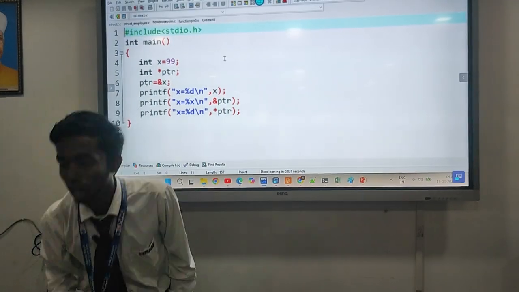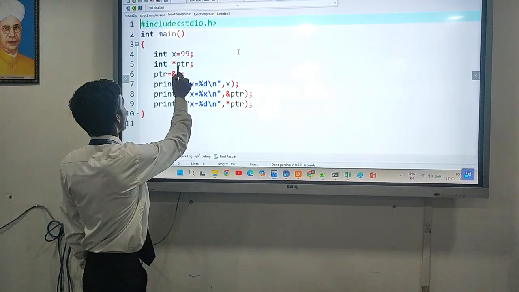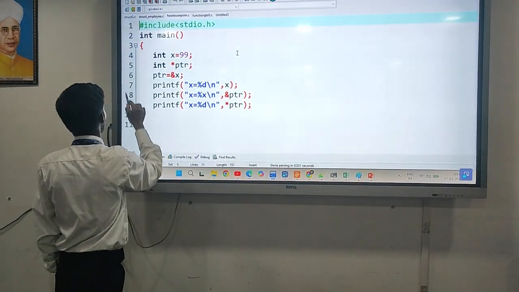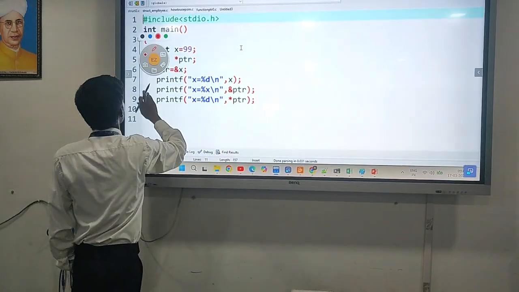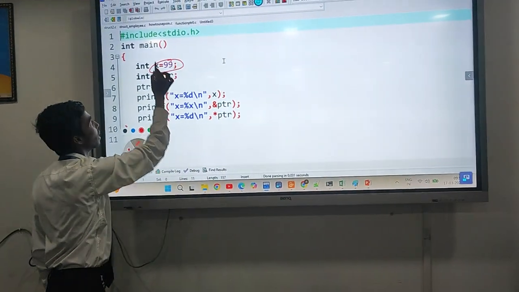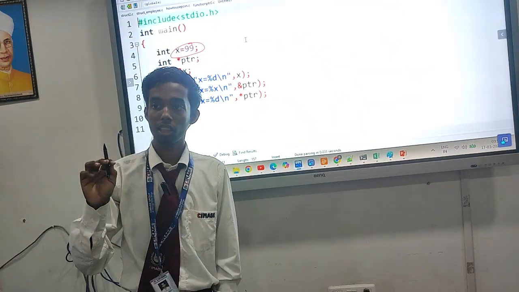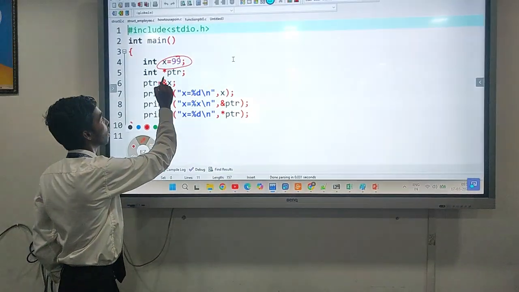Now, see here how to declare and initialize a pointer. Here you see, I have initialized a variable x with a value 99, and also a pointer.